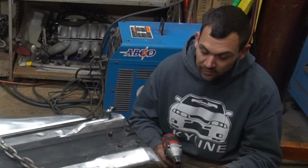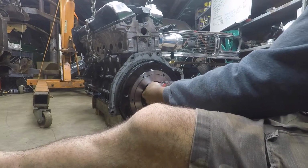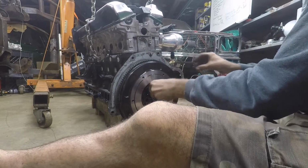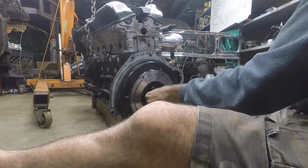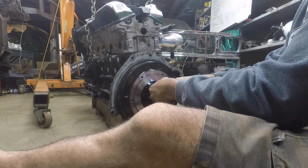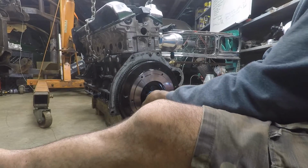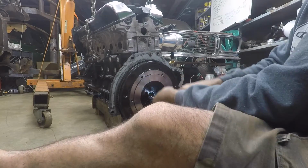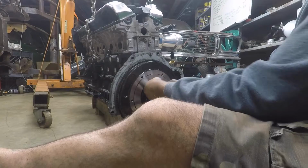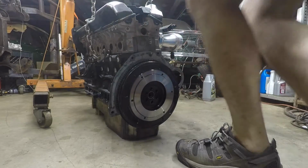Okay guys, I'm going to take 2 bolts, and I'm just going to put them in to get everything started. This will just push the flywheel down into place. So now, take these out, and our next step